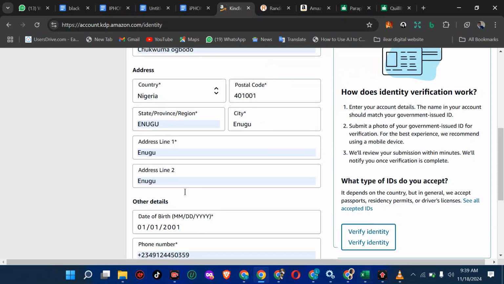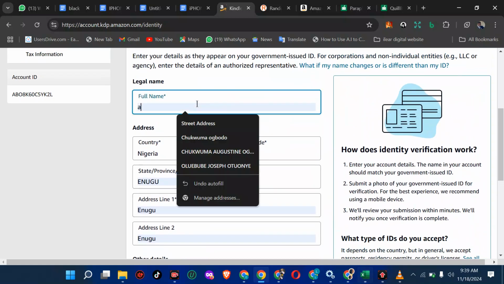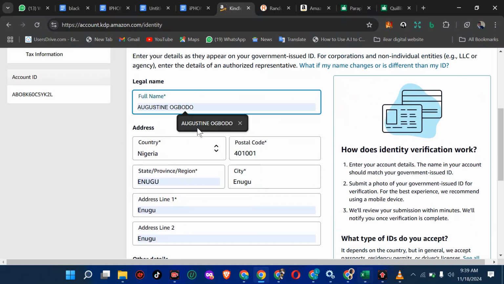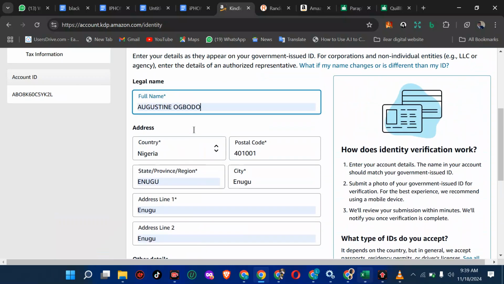Then date of birth, you can use any random phone number. Then our full name, you want to use what you used before in this place. So now we have all this ready. Next thing you want to do is to verify your identity. What I say to ensure, because they will be asking you for your national ID card, your international passport. But if you're using your national ID, I advise you